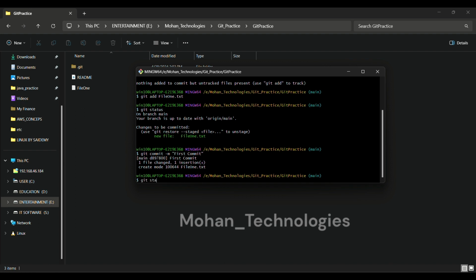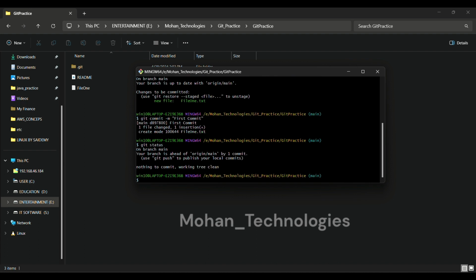Git status. If you could see here, now on branch main, nothing to commit, working tree is clean, which means that all the changes whatever you have made have been committed to the local repository. All the changes are available in the local repository, and the only thing is you just need to push. See, it is saying use git push to publish your local commits, which means that you have